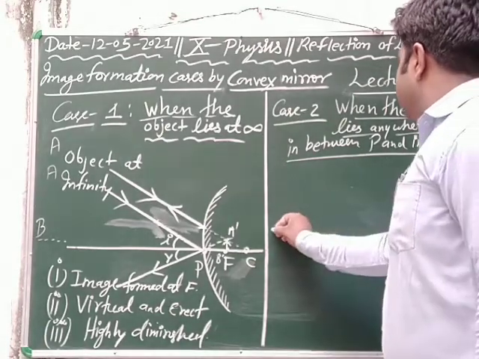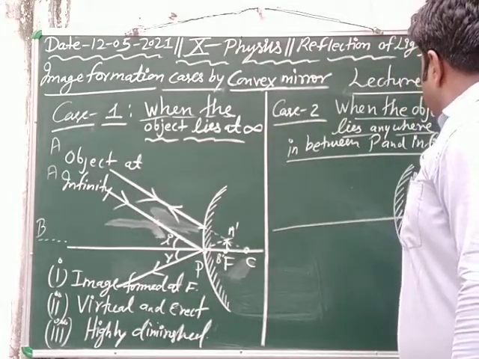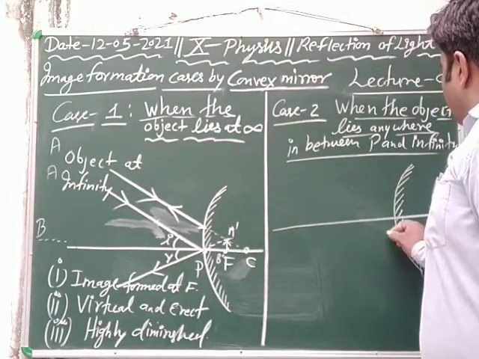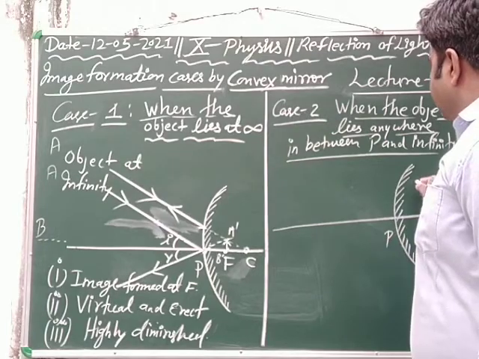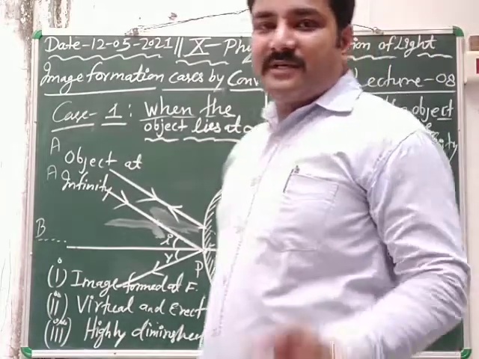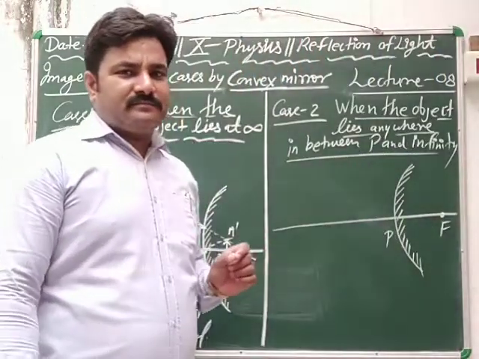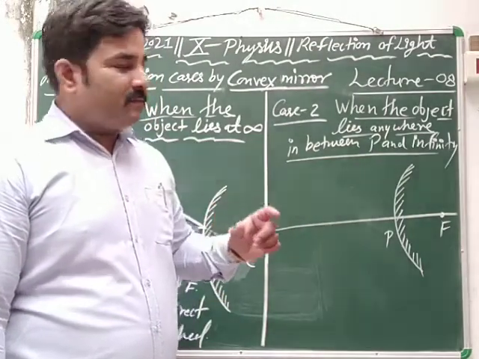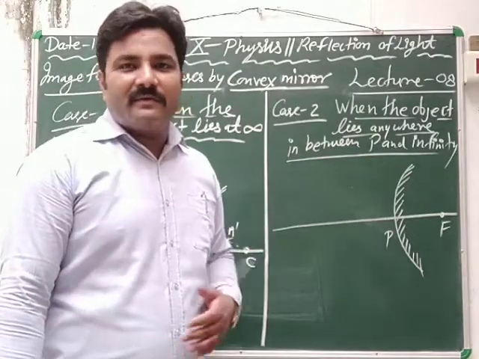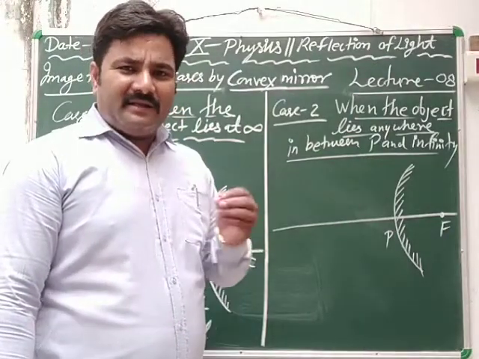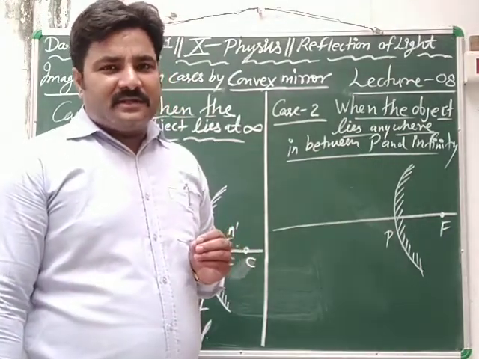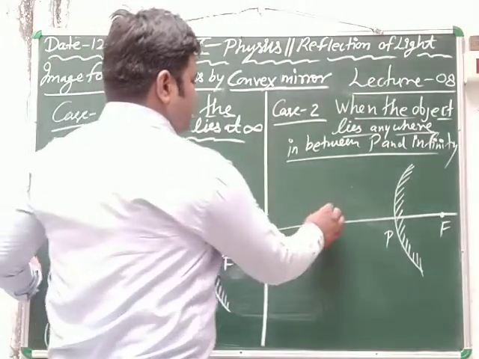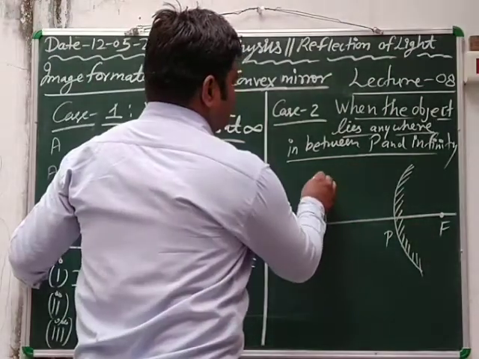Very simple case. This is focus. This one is P. This is the convex mirror. And the object position is what? Anywhere. Either at F distance away, equal to the focal length, or 2F distance away from the convex mirror, or anywhere. Whenever the object lies, let's see, this is the position of the object AB,